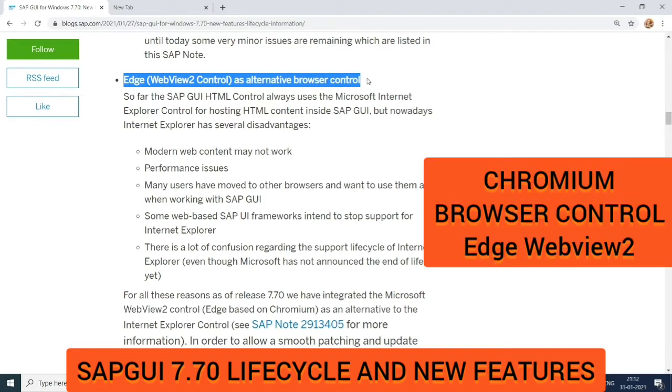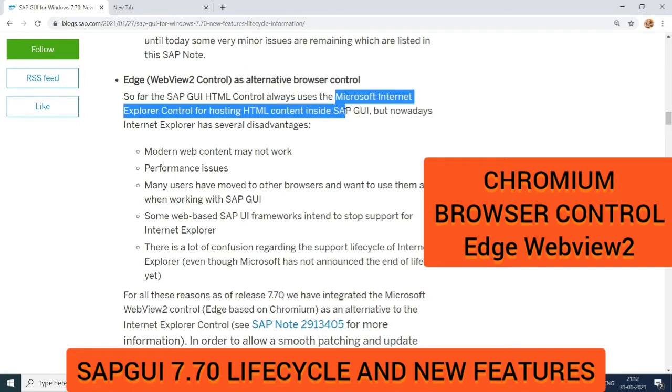Coming to the new features included in SAP GUI 7.70. One of the important features included is alternative browser control. So far, until SAP GUI 7.60, SAP GUI used Internet Explorer as the only browser control. So any functionalities that open in a browser need Internet Explorer to open them.